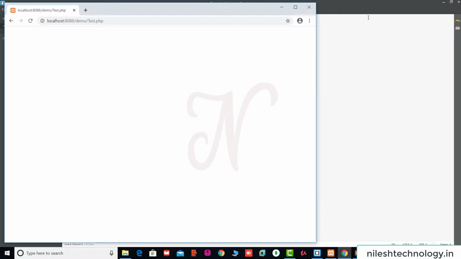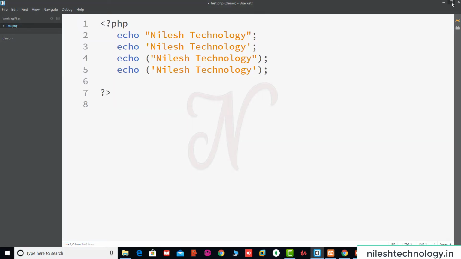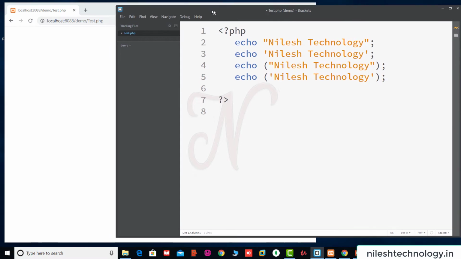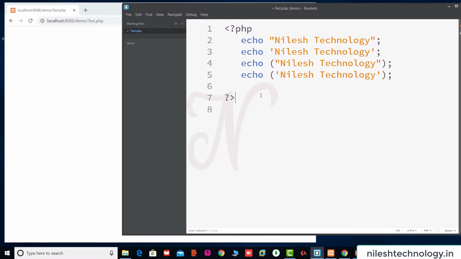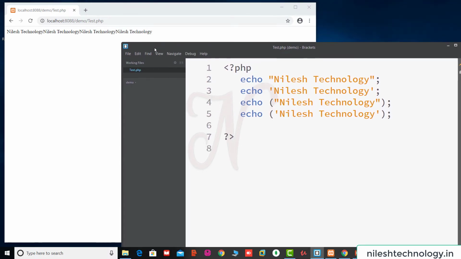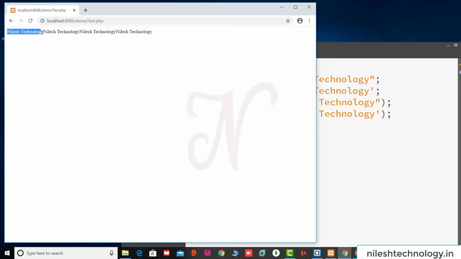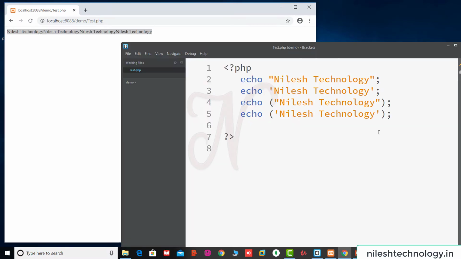See, this is your browser. Here we will see the output screen simultaneously. Save these changes. See here in this browser window, Nilesh Technology is displayed 4 times, 1, 2, 3 and 4.